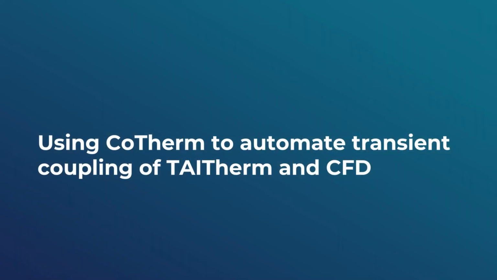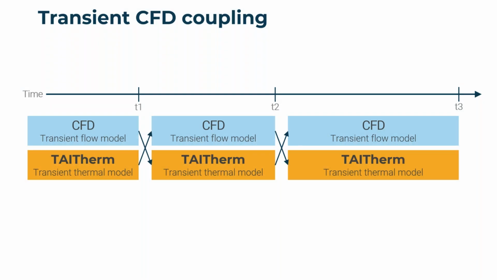So first, we'll look at using CoTherm to just simply do a transient co-simulation of those two models. The coupling approach that we want to take here is a transient stepwise coupling. So we're going to set up both these models to run in transient mode. We are going to freeze the flow equations on the CFD model, since in this case, we're not changing the flow boundary conditions. So we can just compute a steady flow field, and then the transient changes will just be